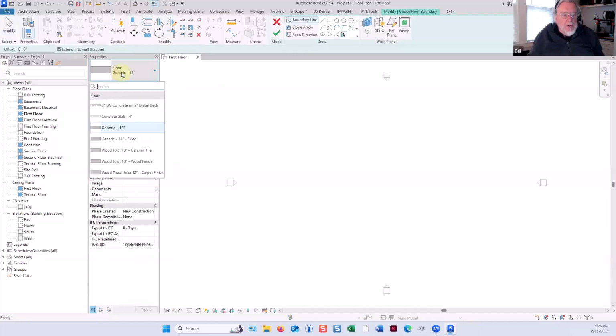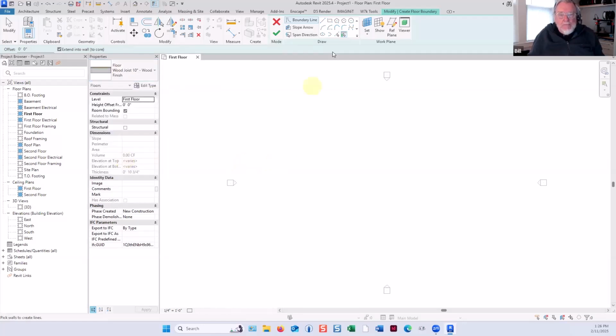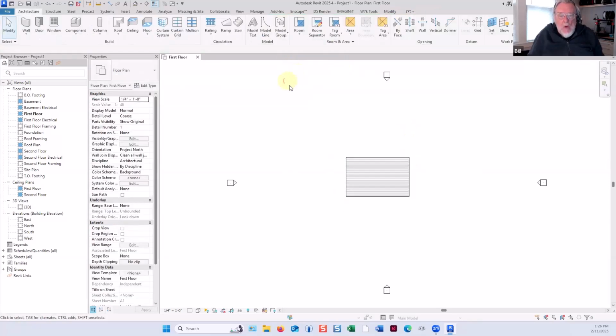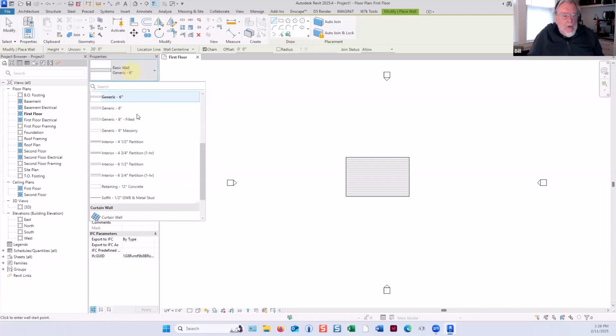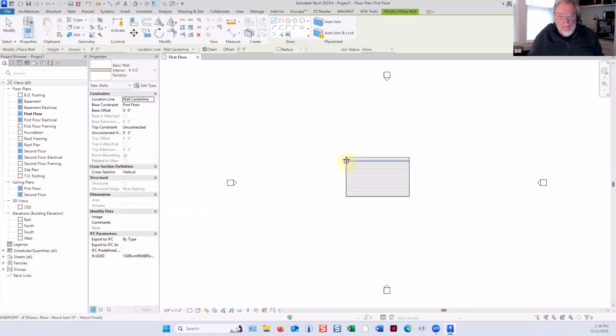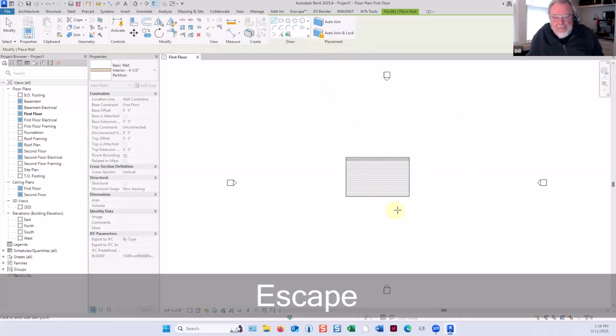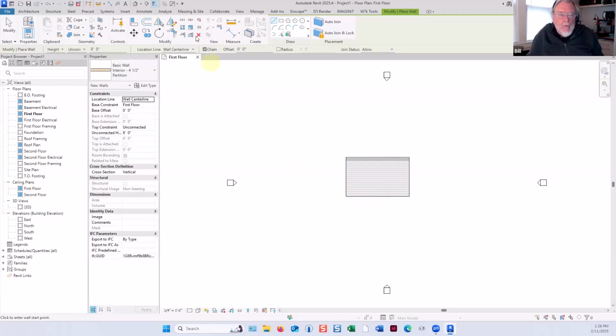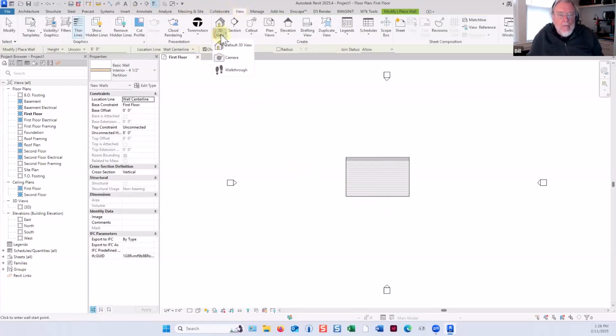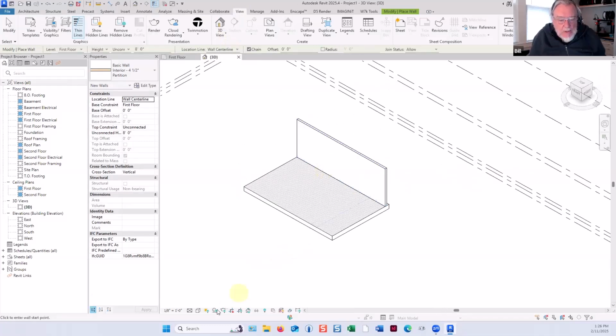Floor, architecture floor, pick this wood finish one and do a little room. It's got the wood on it, and we'll put a wall here across the back. I'll use the chipboard one. Okay. So let me get into a realistic view,